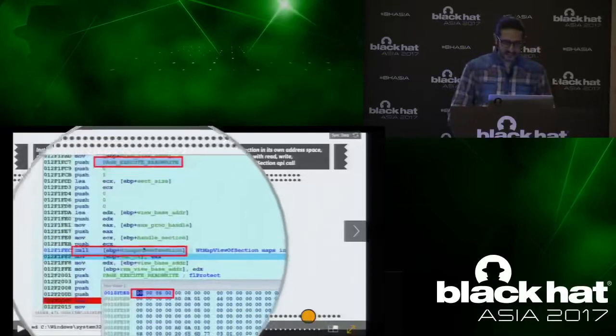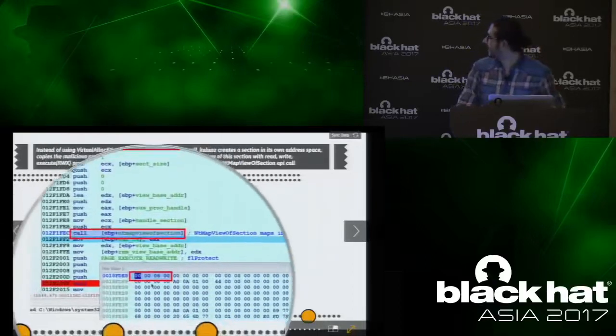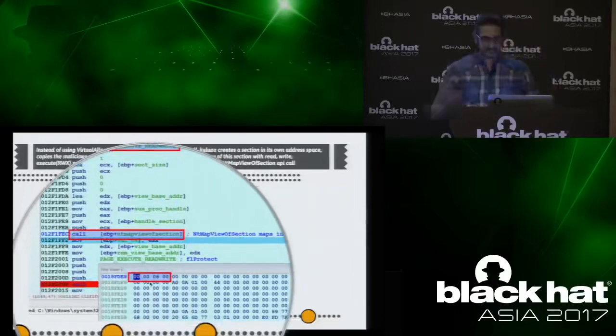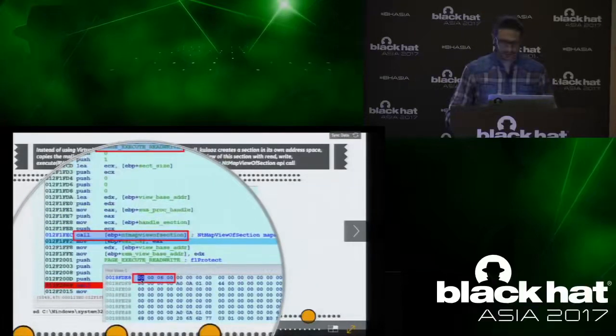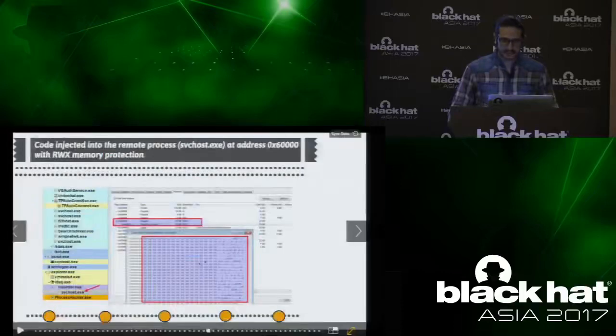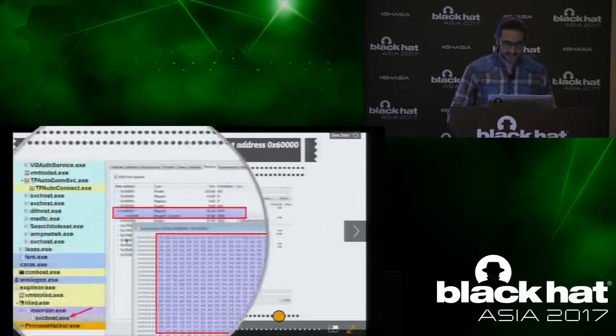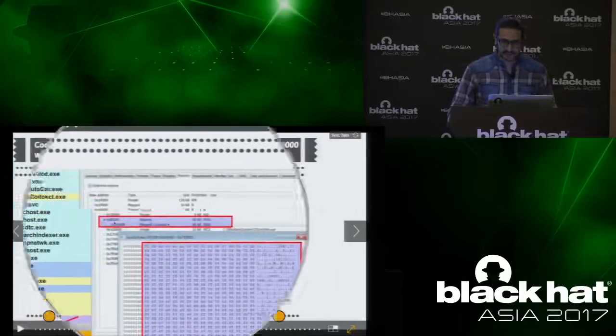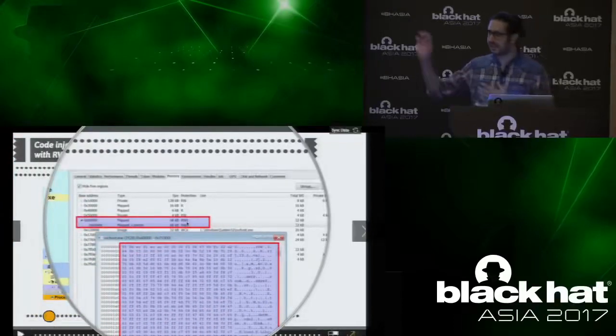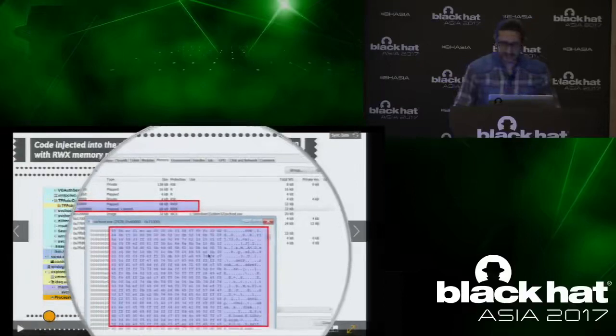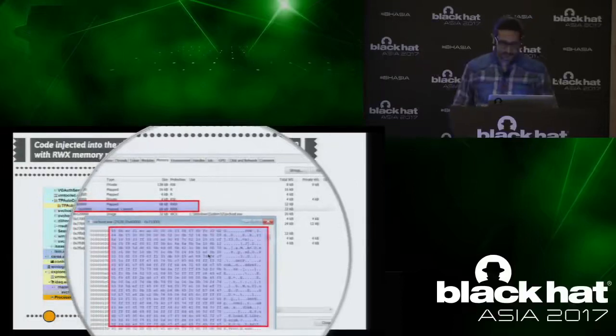It calls NtMapViewOfSection and copies that code into this region, that is 6 followed by 4 zeros. As a result, it will look like this. You see that memory was allocated in the svchost.exe process, 6 followed by 4 zeros. Now notice the memory protection is still read, write, execute. And this is the code that was injected into that memory region.